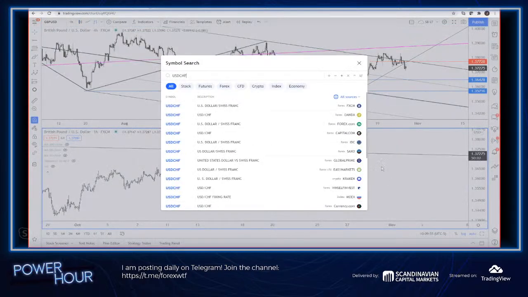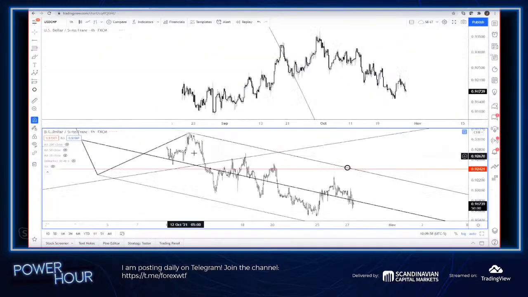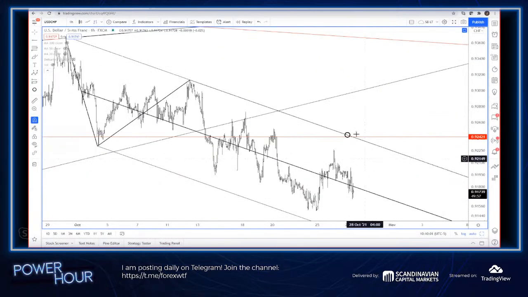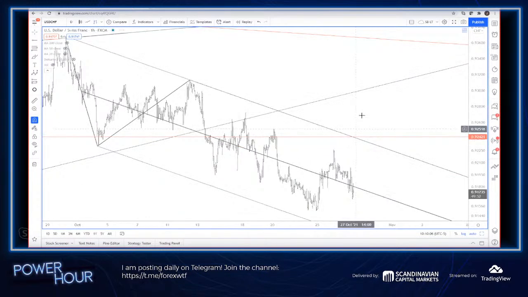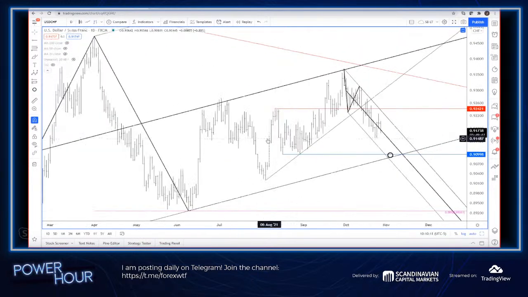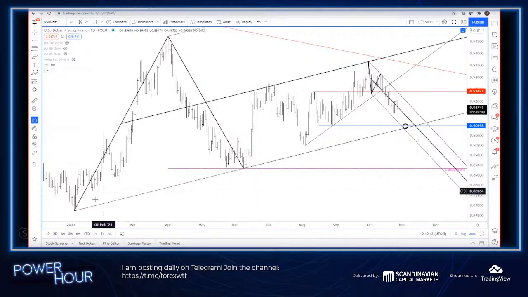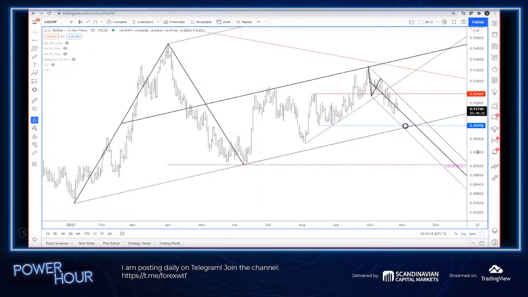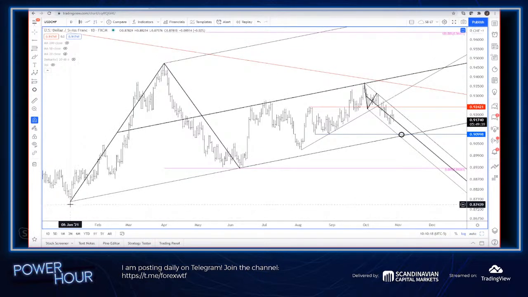We actually don't look at dollar Swiss a whole lot, but there are some decent levels here to pay attention to. So if I go to a daily, now the really big level here that you're going to want to pay attention to, you see this channel that starts from the January low, right? January low, June low. We've extended that off the April high to make a channel. So the bottom of that channel is about 91.